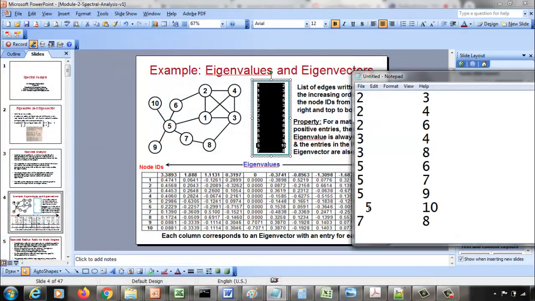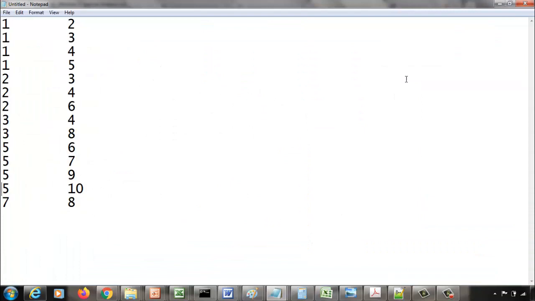Now one thing you have to make sure, otherwise my program will crash. Make sure there's no blank line. Right now there's a blank line after the 7 8. There should not be any blank line. The way you make sure of that is, take your cursor back to the end of that last line 8